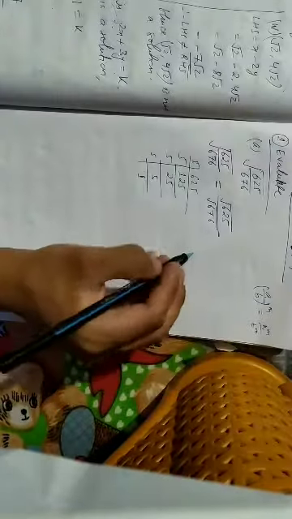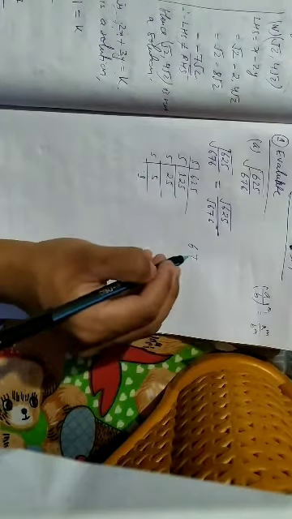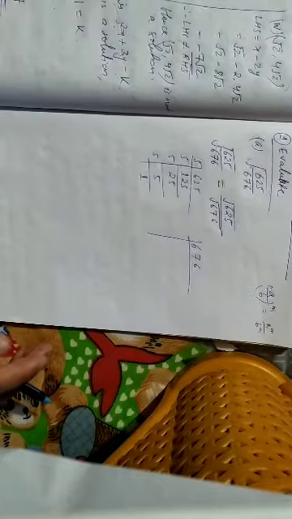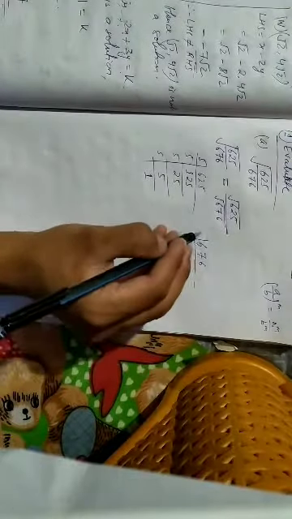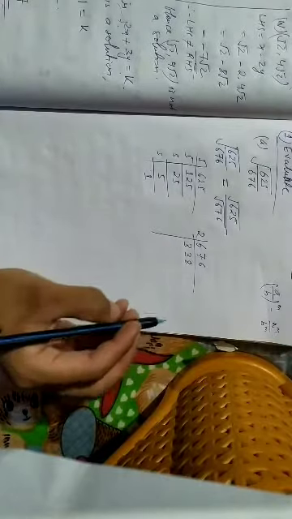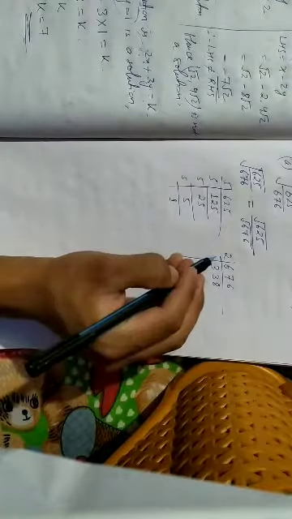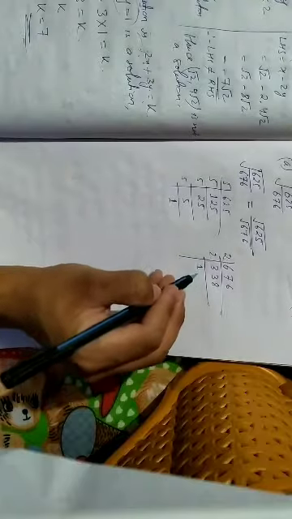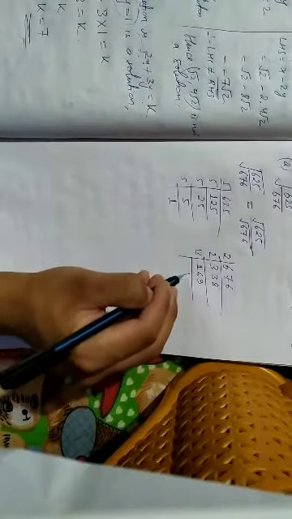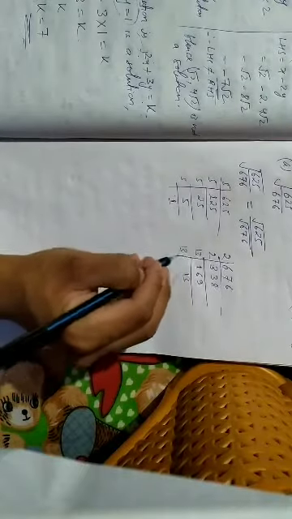And for 676, if you prime factorize it, what will you get? You'll start with 2: 2 threes are 6, 2 threes are 6, 2 eights are 16. Next with 2 again, so 2 ones are 2, 2 sixes are 12, 2 nines are 18. Next with 13, 13 thirteens are 169, next with 13 again, so 13 ones are 13. Therefore